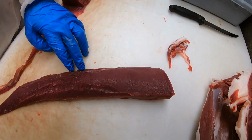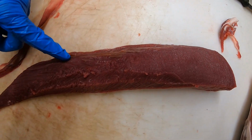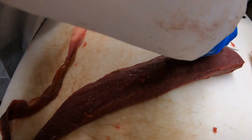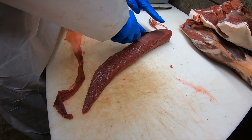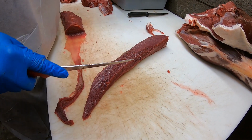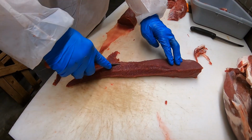Now there's a little bit of film here. Some people don't care about the film. You can see from how dull it is to how shiny it gets. This is film. Now, if you're making cube steak, you cannot have any film because it wads up and it looks like snot when it goes through that cuber. Nobody likes to chew on snot. And if they do, they don't like to admit they like doing it. But anyways,